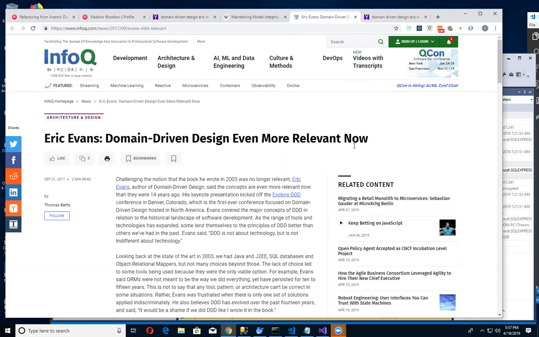The other thing is the tooling has gotten so much better, the hardware and the platforms. We have the cloud now, we have containers, we have orchestrations, we have serverless, we have all these new concepts that are here today that were not there yesterday back in 2003 when he wrote this.